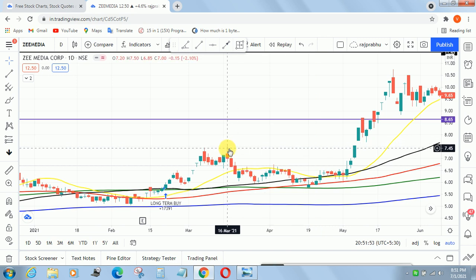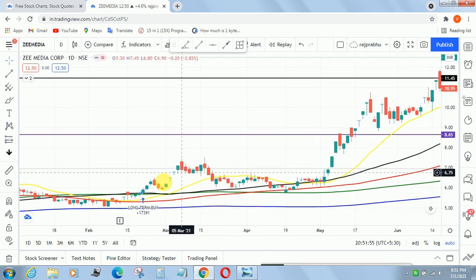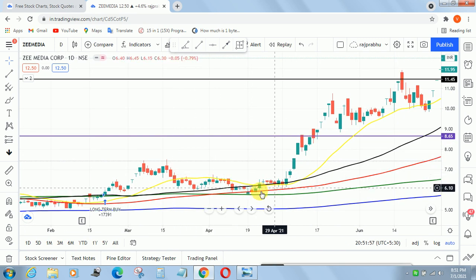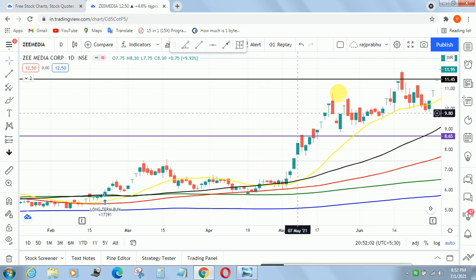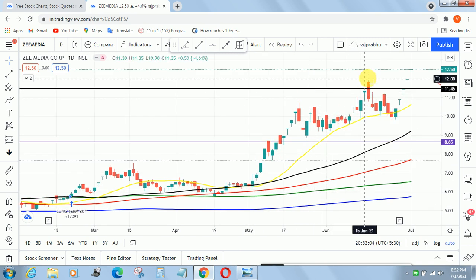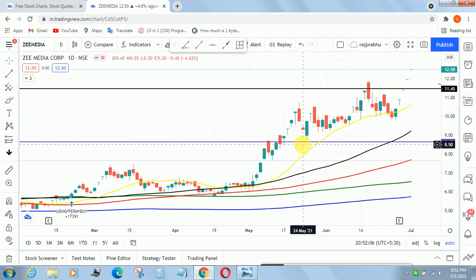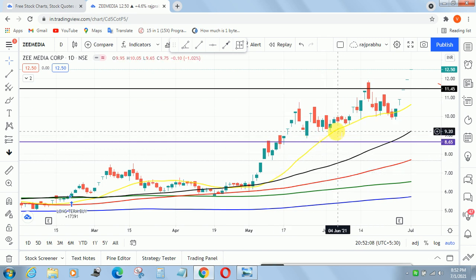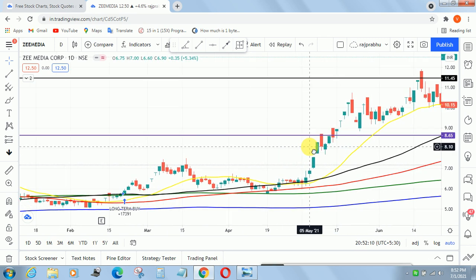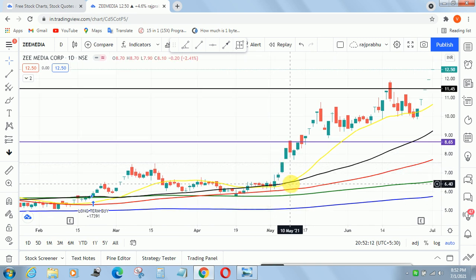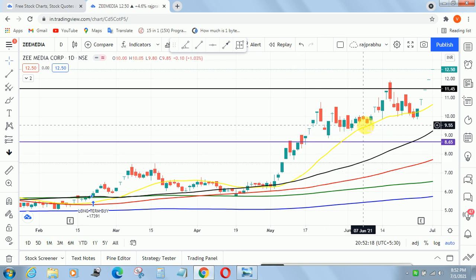See, the moving averages act as a dynamic support and resistance. Whenever the price touches the moving averages, it will bounce back. It will touch again and again, and it may bounce back. So the moving averages act as support and resistance. Many people are watching these moving average levels. Professional traders are also following these levels, so they try to buy at the low.